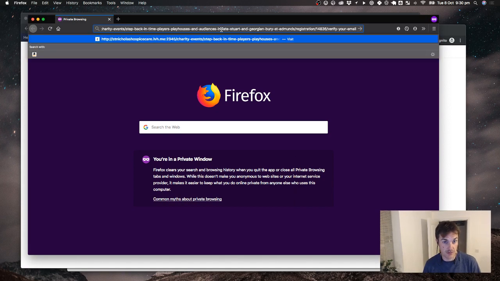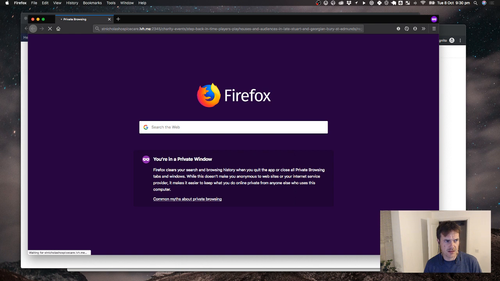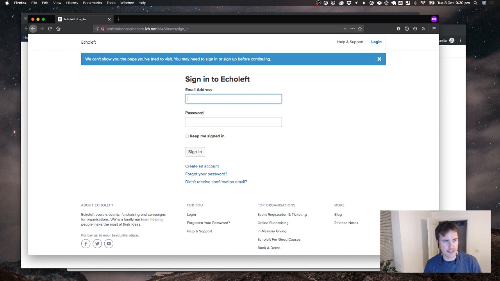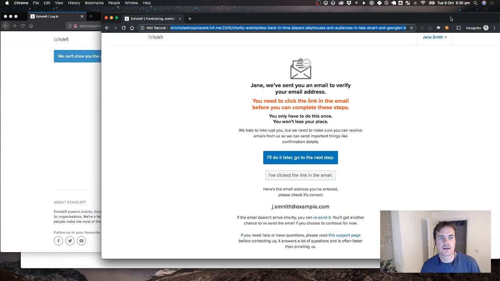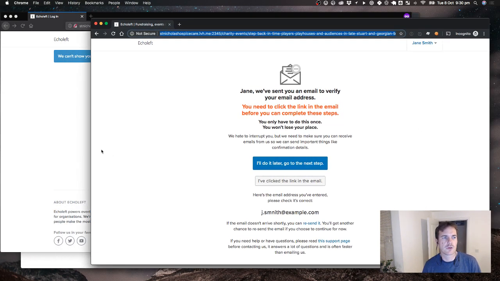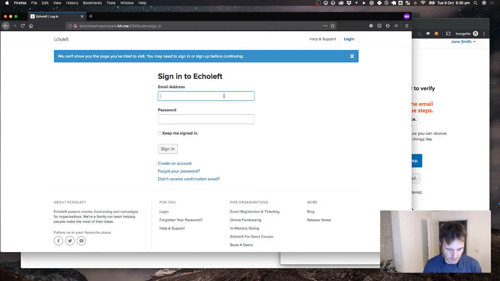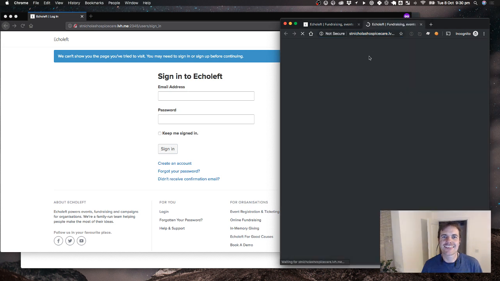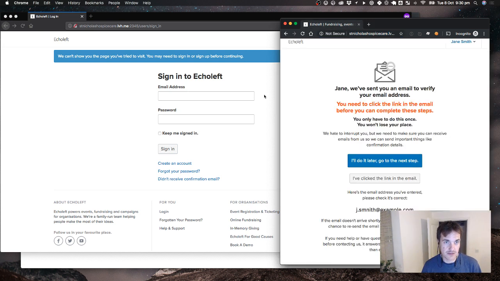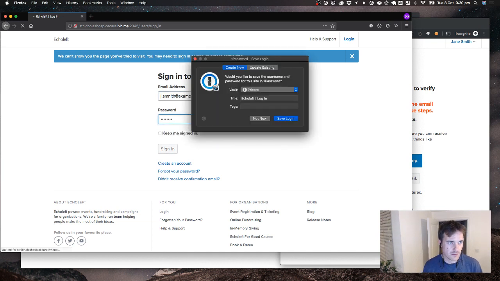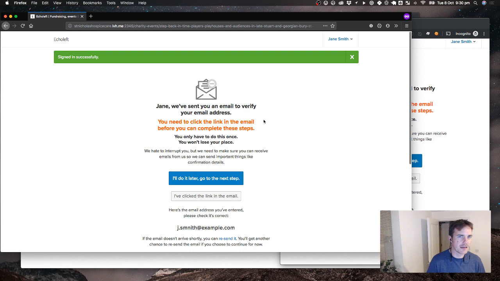And what it should now do is take it back to the sign-in page. Can't show the page, you may need to sign up and continue before visiting. What do I actually want the experience to be there? Because they can progress. So if I do log in now, I have already forgotten, I put a typo in the email address, didn't I? Just need to grab this email address. That'll just take me home. Oh, hey, amazing. Takes me, okay, right, okay, that is annoying, but